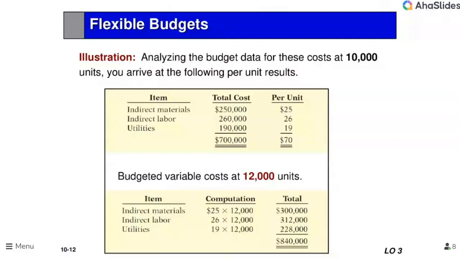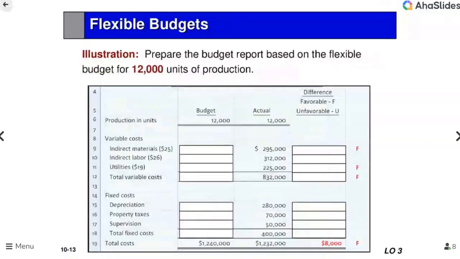It's a variable cost. So if I'm going to produce 12,000, I would predict it would be 312. Now utilities, 228. Now, when you build the budget, you're going to compare the new budget, that is called a flexible budget. We took the master budget, which was at 10, but we flexed it. We said, okay, let's pretend the manager knew exactly what was going to be produced. What would the manager have said? And then compare that to the actual.